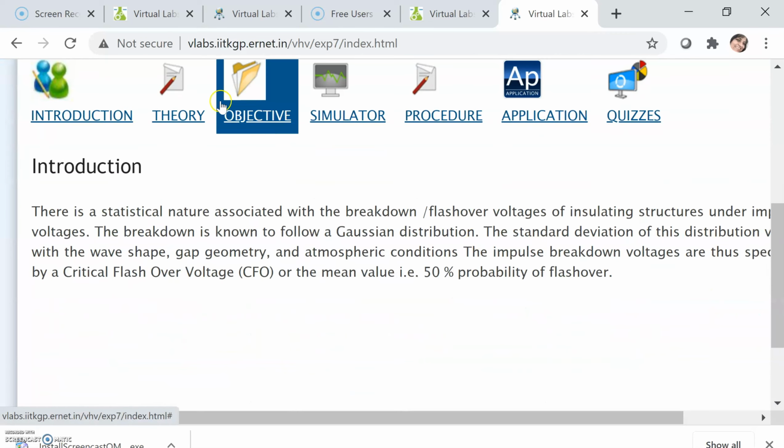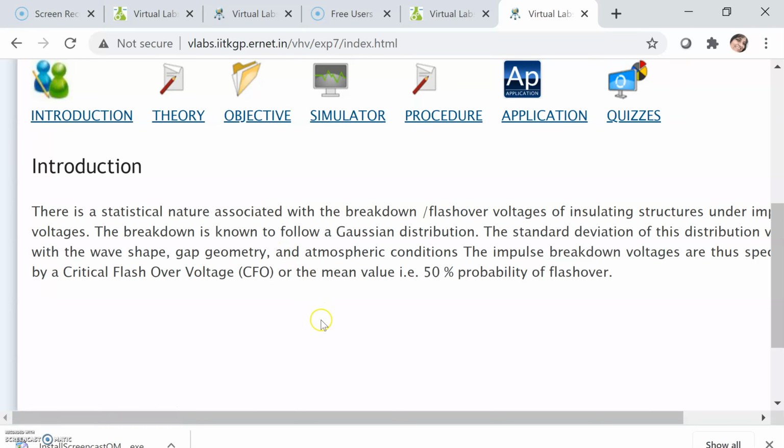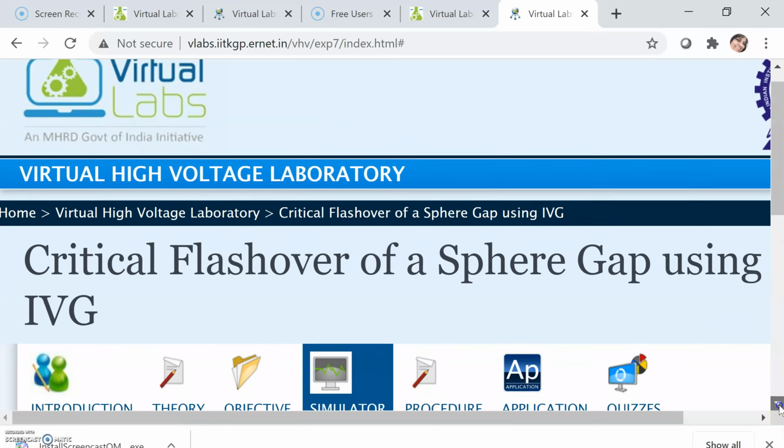Now go directly to the simulator, because this experiment is not directly related to our syllabus. But what I discussed in yesterday's lecture, the effect of sphere diameter and the effect of gap distance between electrodes on the breakdown voltage of air, we can observe that, and also you can see the sphere gap assembly. We can also perform the air testing experiment, but a little differently. So don't go through the theory and procedure. What I tell you, just do that way. Click on the simulator, and it will go directly to the apparatus.